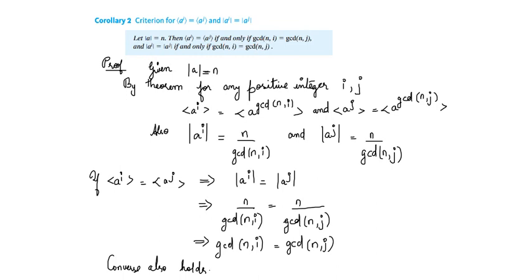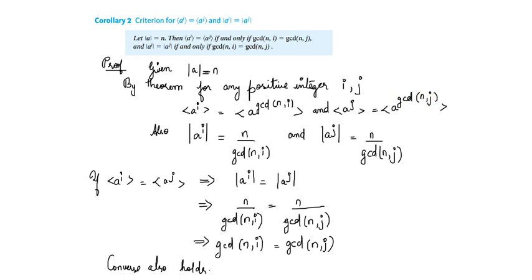So suppose you take the order of a as n, then by the theorem, for any positive integers i and j we have, according to the theorem, where we wrote it for a positive integer k, but here we take two different integers i and j. So the group generated by a^i is the same as the group generated by a to the power of GCD of n and i. Like in that theorem, we are replacing k with i. Similarly, we can write that the group generated by a^j is the same as that generated by a to the power of GCD of n and j. Here, instead of k, you are writing j.